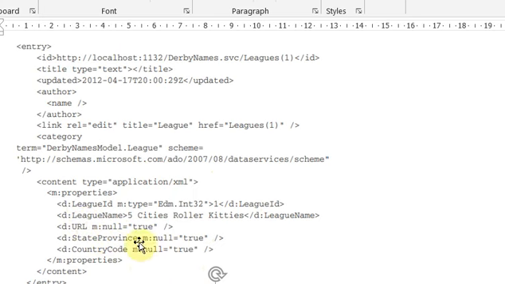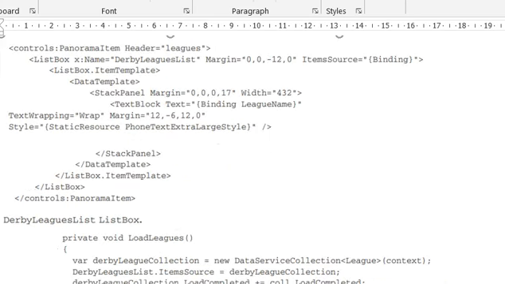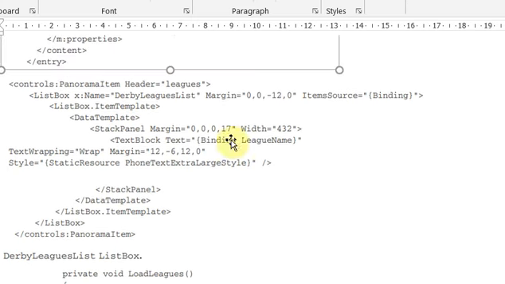After that, if you want, you can write the country name and state; those are optional, you can write those if you want. These are also the same as what you have seen in the previous one for Derby, that is, for the team. In the previous one you just wrote binding, but here instead you are writing binding league name. That league is the additional one we are writing in this particular code.